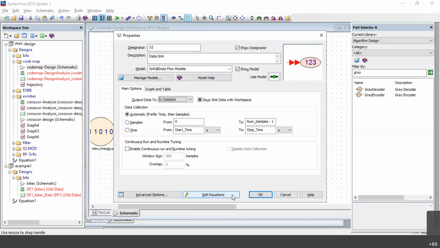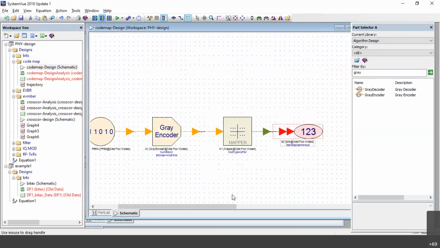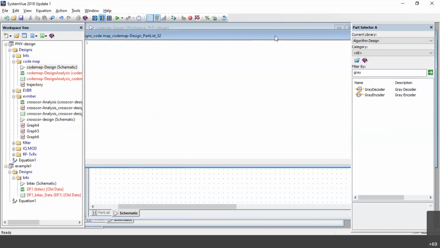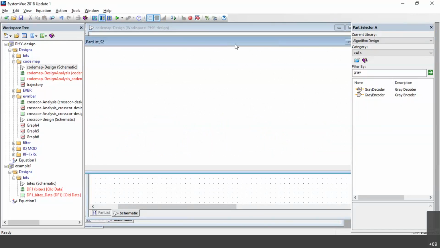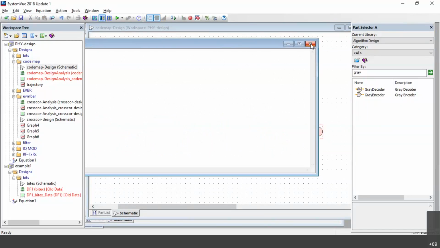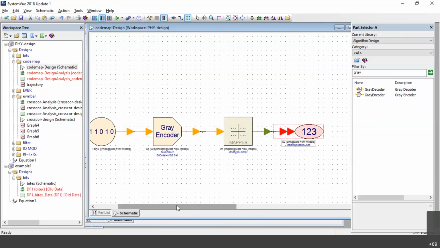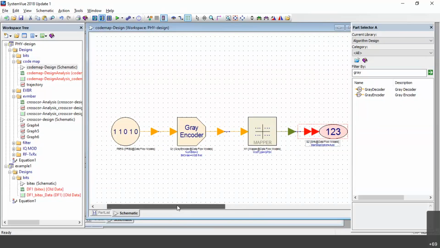If you want any equations to be added, you just click on the equation. Wait a second, it's coming. So you can add an equation over here. Okay, this is your equation part. I'm not interested in equations currently, so I'm not going to add any equations over here. Fine. Next, this is done.